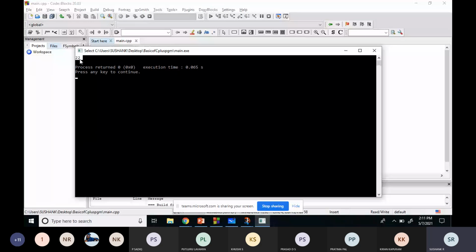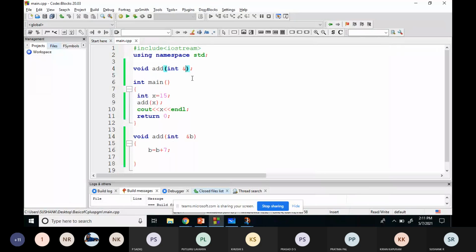Now it is the same thing. I'll just write the program so that it will be better.